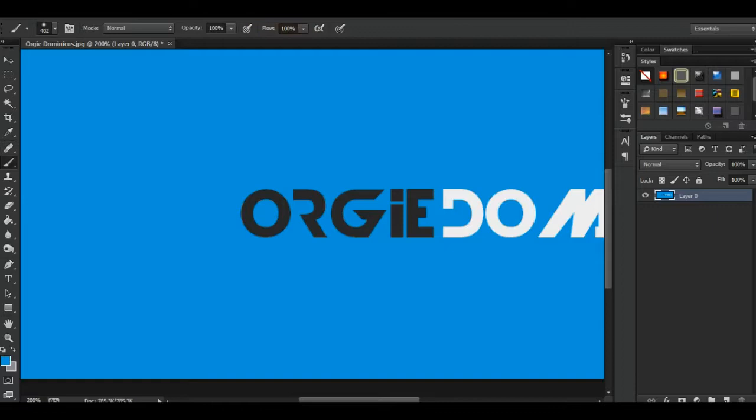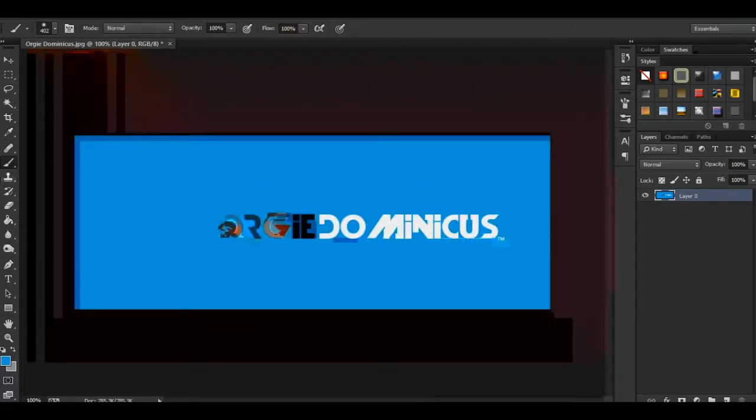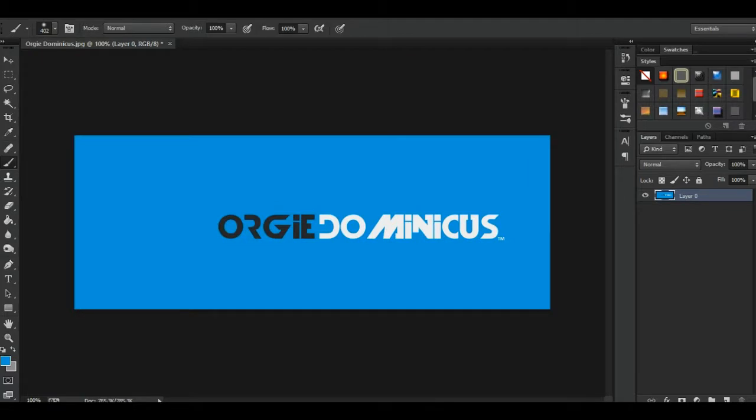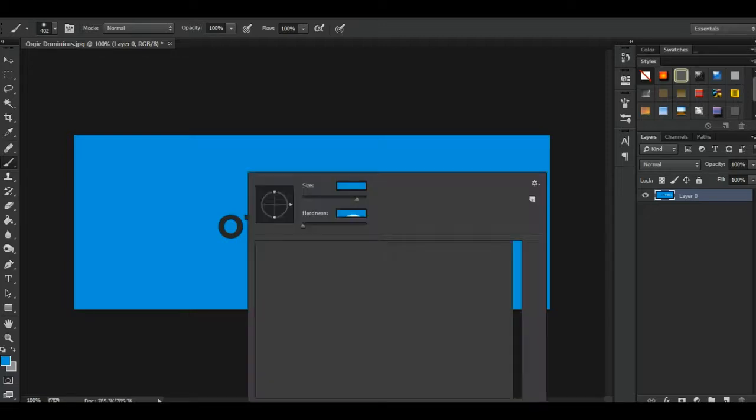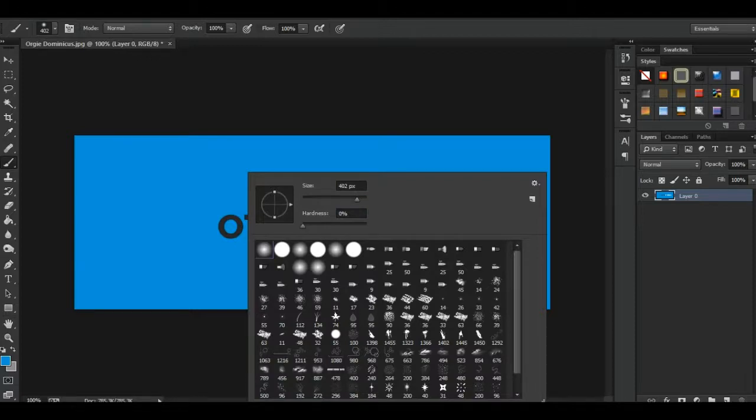Next, we have the brush tool, which is my favorite. This allows you to paint on the image or in the document. If you right click in the document, you can see that you can select different brushes for you to use. So right now I will use the soft brush,